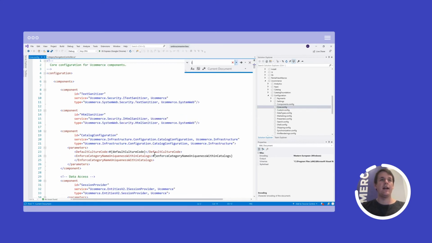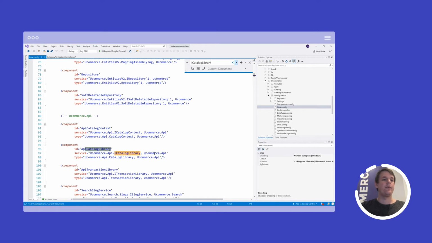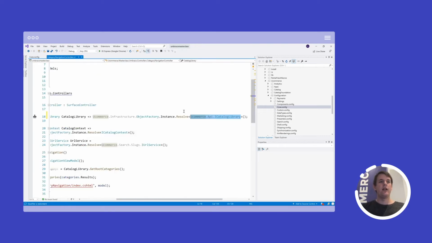Let's search for ICatalogLibrary. It's actually right here. That's the component in the IoC container that is implementing the ICatalogLibrary interface. We can see that right here. The service, that's the one that we are requesting. So that's what we are requesting right here. I want to use from the IoC container the service that has this type.